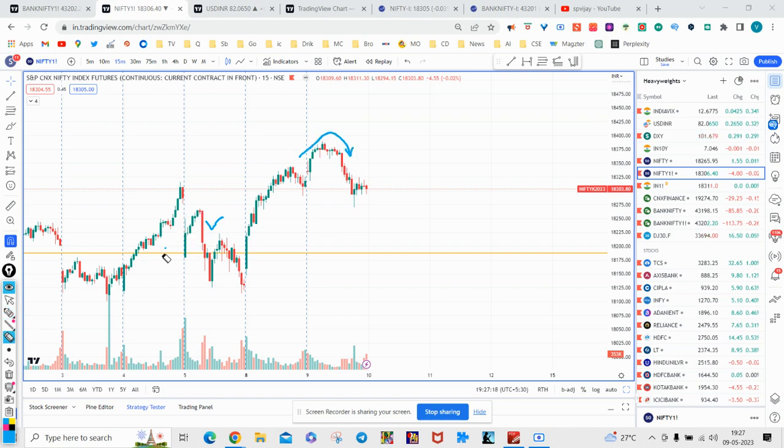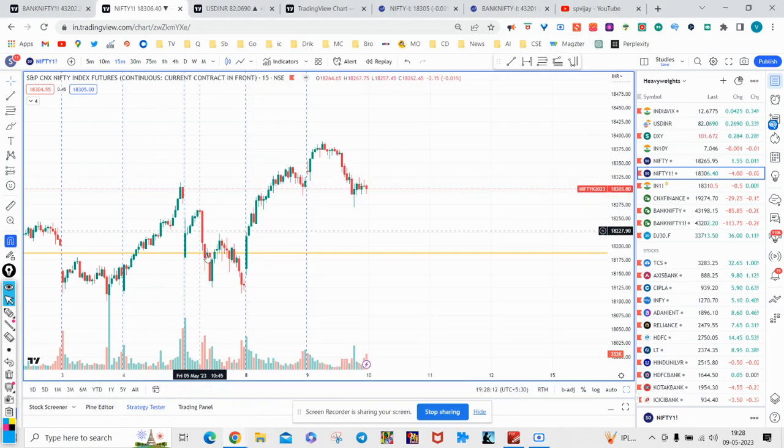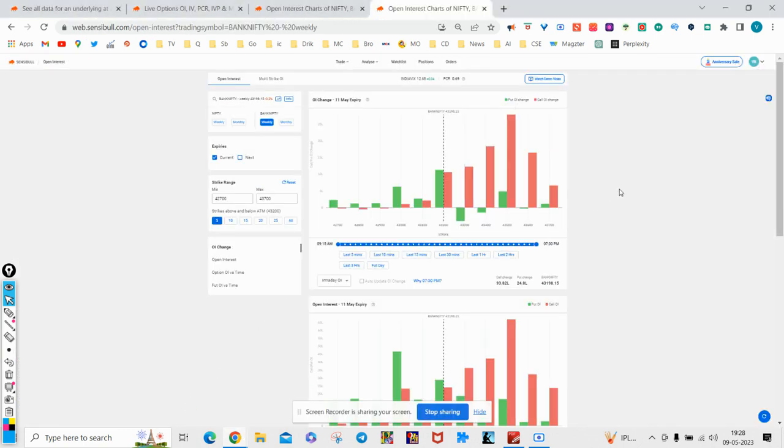So almost similar behavior. If you have to draw the pattern of intraday behavior, Friday and today were almost similar in that sense. Coming to the open interest of Nifty as well as Bank Nifty, I think I posted the image in the morning at around 10:30. When you look at the open interest I posted in the morning, Bank Nifty was almost neck to neck, in the sense that